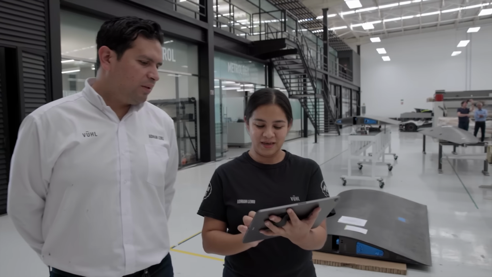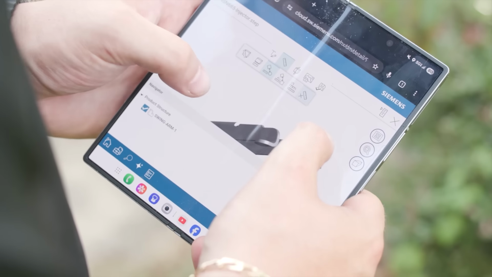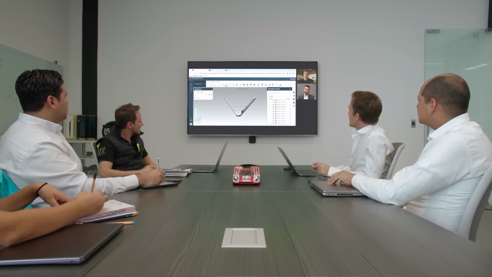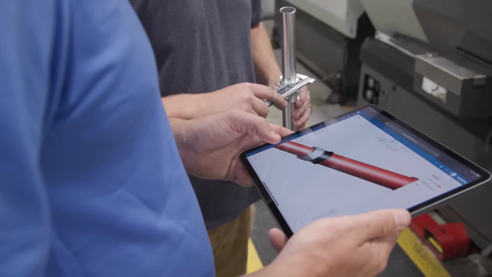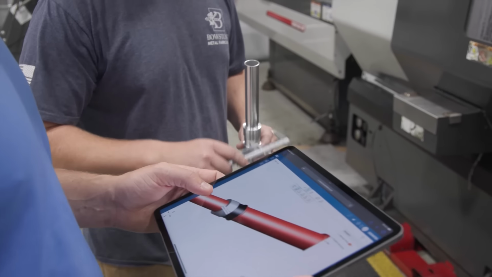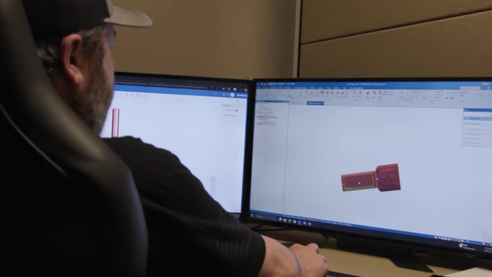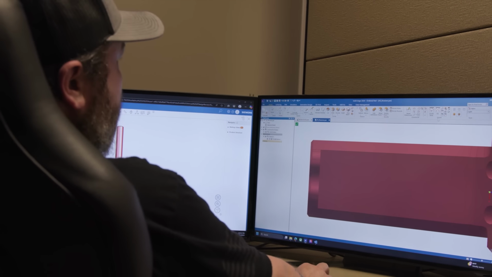As you've seen, NXX Essentials is more than just browser-based CAD. It's a way to bring the power of design and collaboration to more people in more places with fewer barriers. Whether you're working on the shop floor, reviewing with a customer, collaborating with a supplier, or jumping into a quick design update from home, NXX Essentials is built for the way modern teams really work. It's flexible, fast, and seamlessly complements your existing CAD.